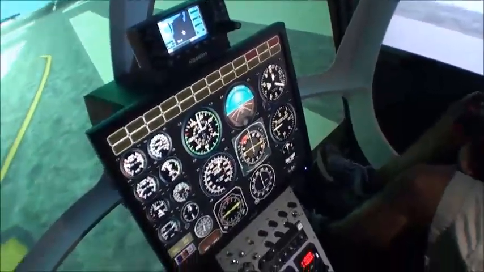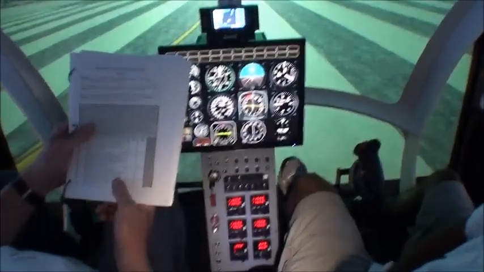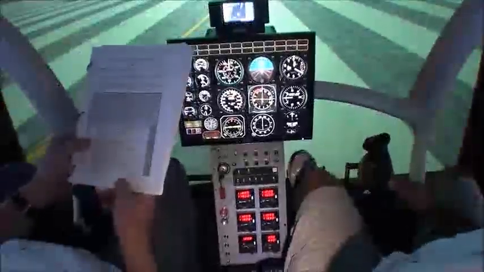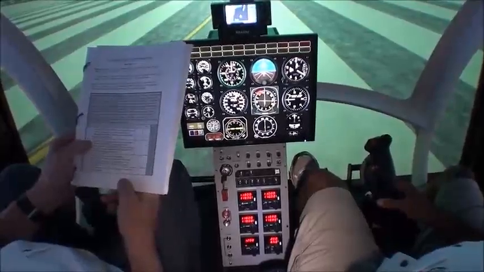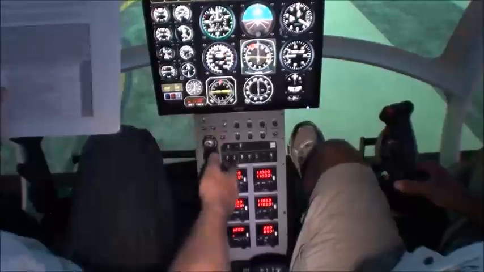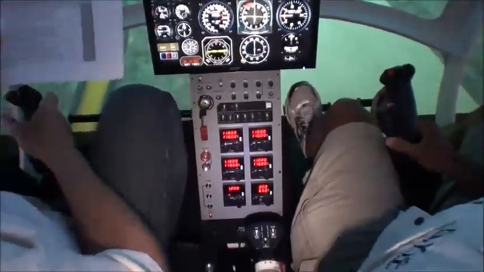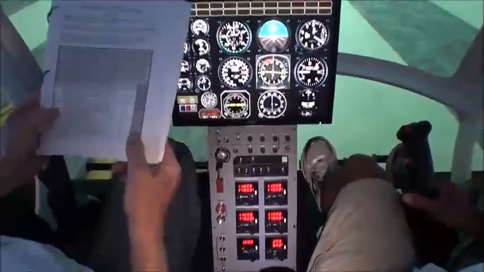Okay, and just a point, we have dual cyclics and dual collective controls. And dual pedals. Action. Okay, we have obviously the cockpit knobs and controls on the switch panels on our cyclic are all life